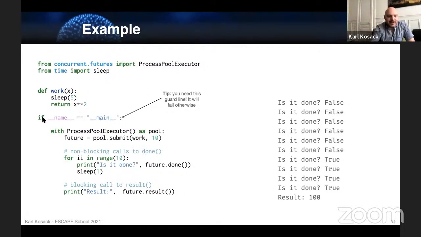The other thing is, I noticed somebody asked in the Slack, why do you have this if __name__ == "__main__"? Do you really need that, or to call a function? It's normally to block your code from executing if you import the code as a module. It tells you this stuff shouldn't be run if it's imported as a module. If you're doing parallel code, this part is absolutely necessary. If you don't do this, it'll just crash and give you a cryptic error.